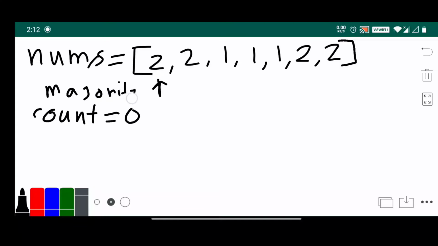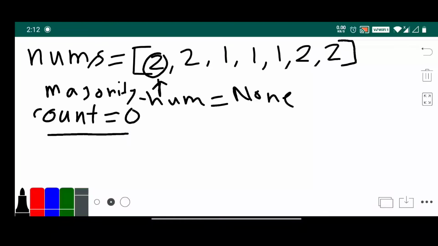In this problem we check each element inside this nums array, and we check if the count is 0, then we directly assign this value to the majority num variable. So first we check 2. Is count 0?